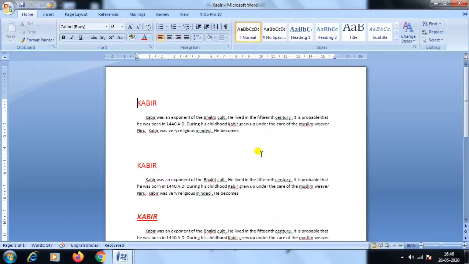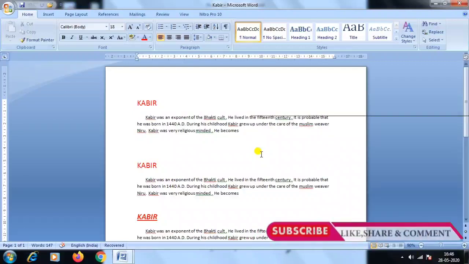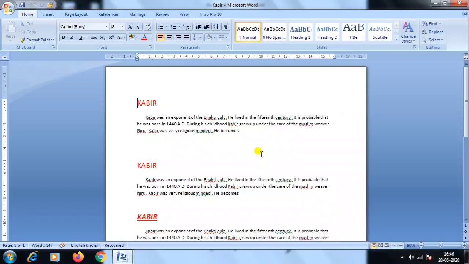Now I need to apply a watermark in this document. See, a watermark is a design embossed into a piece of paper during its production and used for identification of the paper and paper maker.